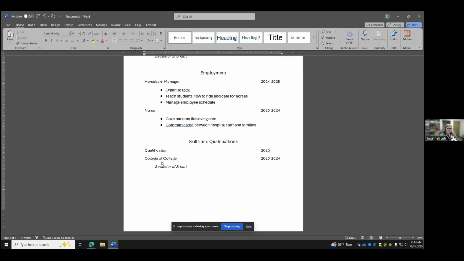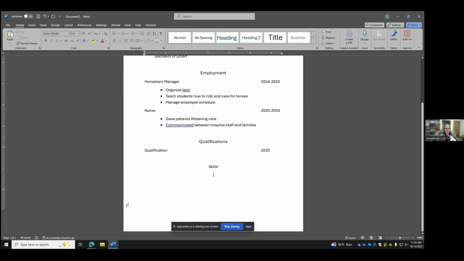And then for skills, I highlighted that and clicked tab, because actually I put these in different areas. So qualifications would be here if it's something that needs to have a date. And then I click enter twice again, go up here, click the center button, write skills, click